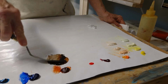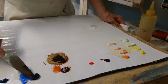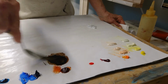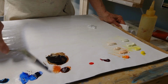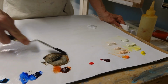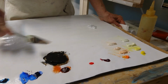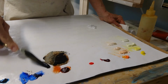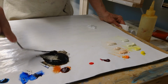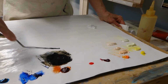I made a beautiful color of brown. I don't think I'll be using that color today, so I'll just keep adding more blue until I get about, and obviously need a lot more ultramarine up there. So you can see here we've got sort of a grayish, greenish, brownish color. Okay, now here we have a warm brownish black, and to find out exactly what color it is,